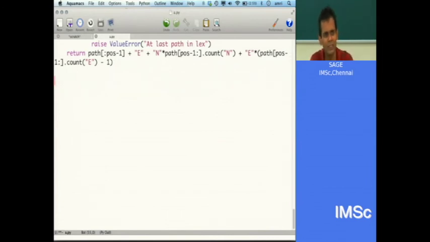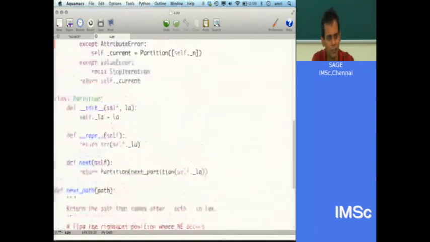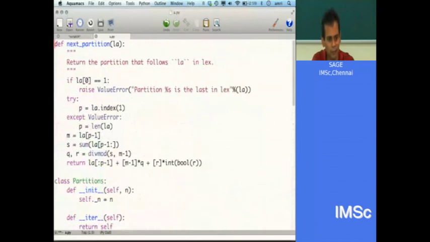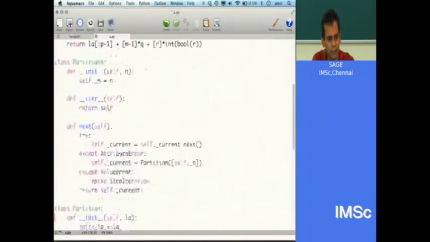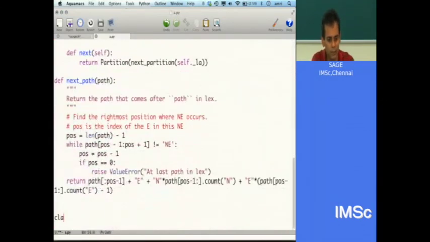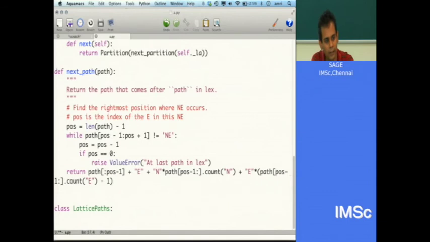So now we can do the rest of the stuff. We have time for that, and then we can check it properly. So now let's just define our class called LatticePaths. And def __init__(self), and all we got is n.